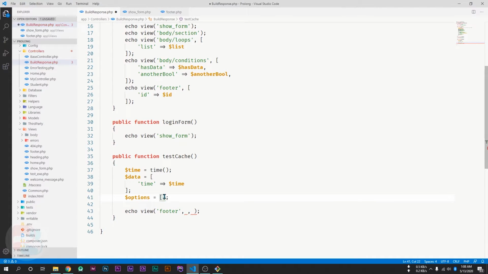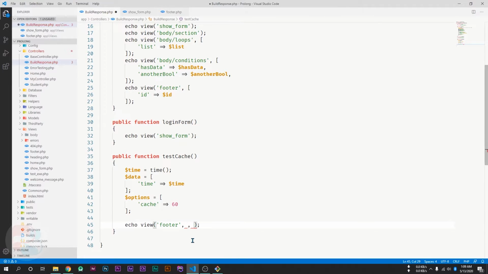This will make our code more readable. We can pass a key which is cache, and it accepts seconds. If I pass 60 here, this means cache this page for 60 seconds, which is 1 minute.